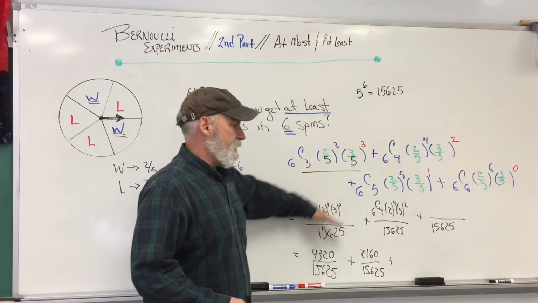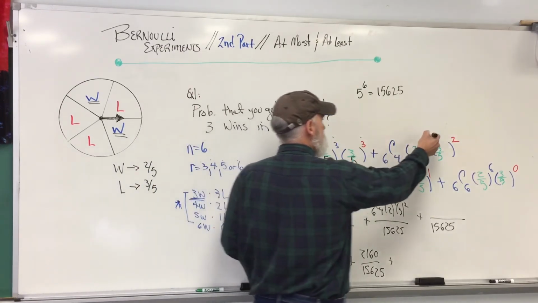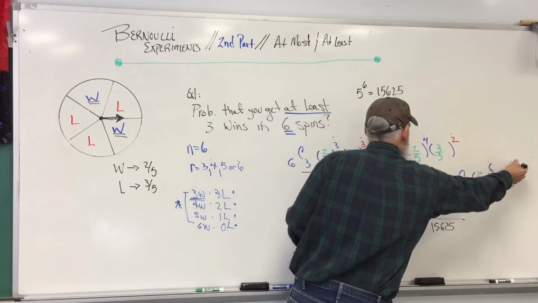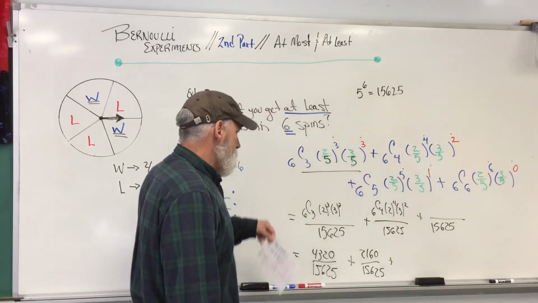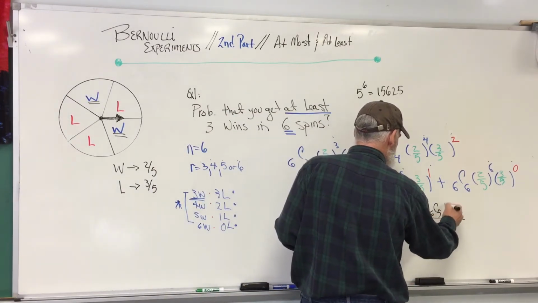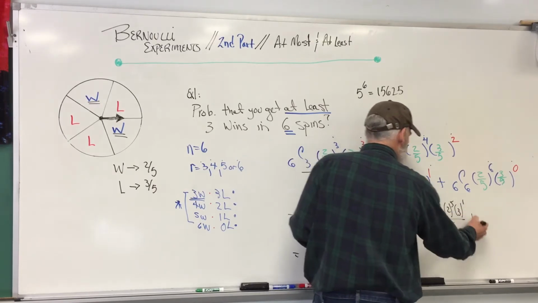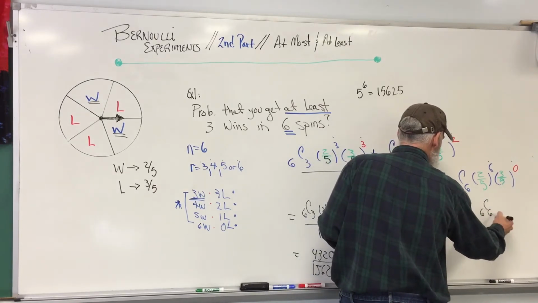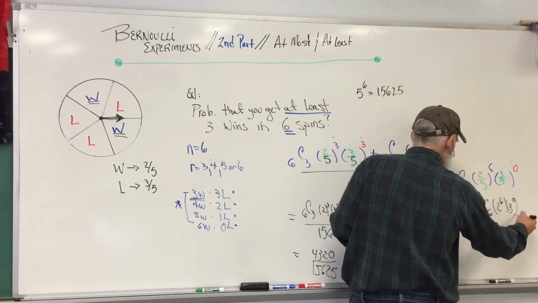Whatever the number is for the first one, it'll be the same for all of them, because the exponents always add up to 6. So the 5 is always actually being multiplied out 6 times on the bottom. And this one would be 6C5, 2 to the fifth, times 3 to the first. And the last one would be 6C6, 2 to the sixth, 3 to the 0, all over